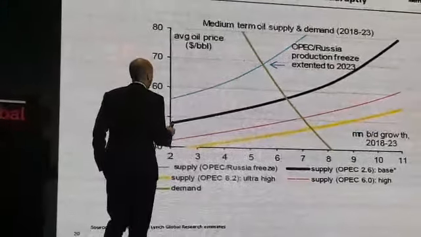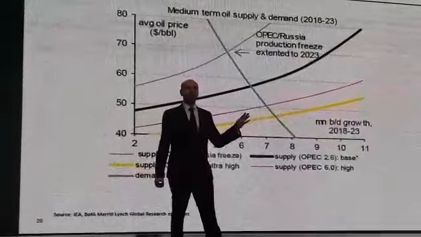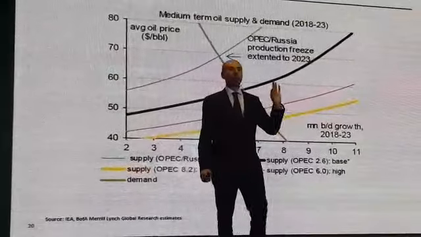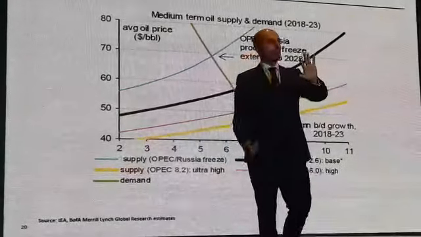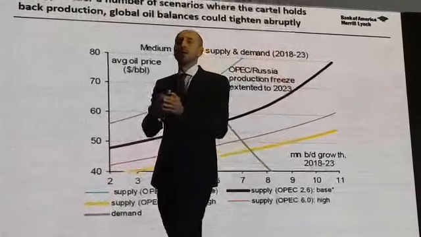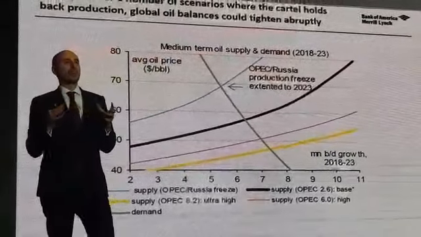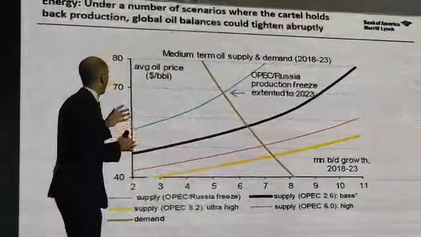We think that at $80 a barrel, and again, this is a stylized medium-term demand chart linked to price. So a bit of a different exercise to what I've shown you before. I showed you price elasticity of demand for different countries. Here I'm showing you a medium-term stylized demand chart linked to prices. So a demand curve, essentially.